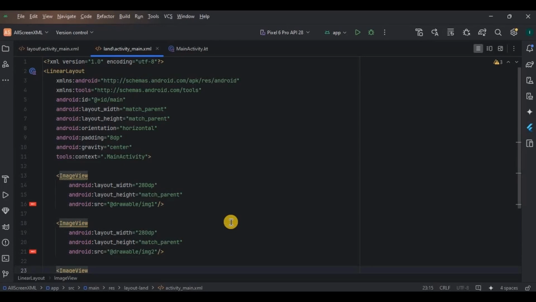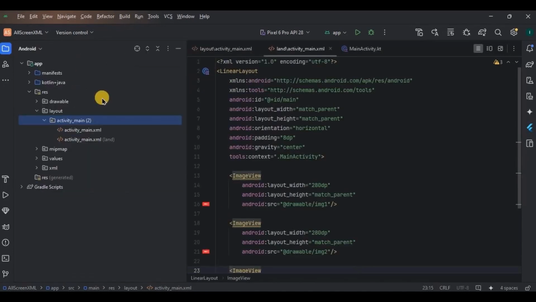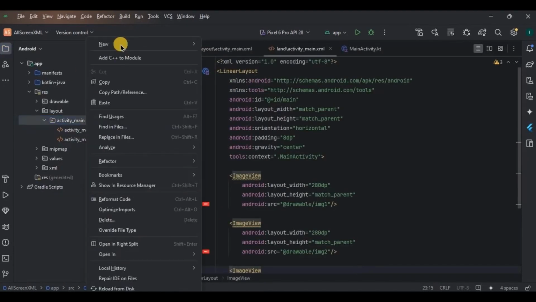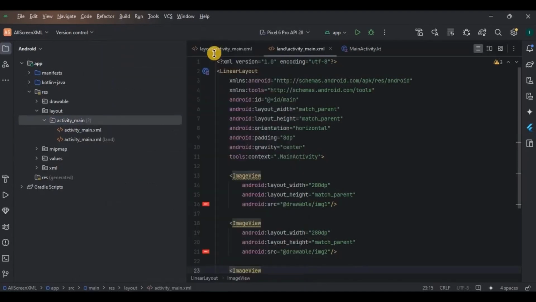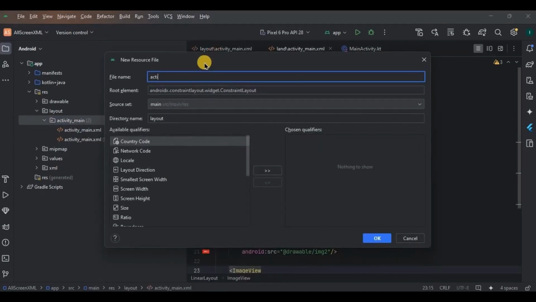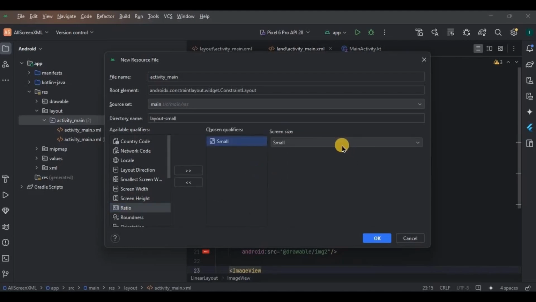Now, let's level up. What if I want the same UI on a smartwatch screen? To implement that, create a new layout resource file. Keep the same name. Here, choose the size qualifier. Add it on the left. You can see we have 4 screen sizes: small, normal, large, and X large. In simple language, small usually represents a smartwatch screen, normal includes mobile screen, large includes tablet screen, and X large includes desktop screen. Got it? Now choose small and click OK.